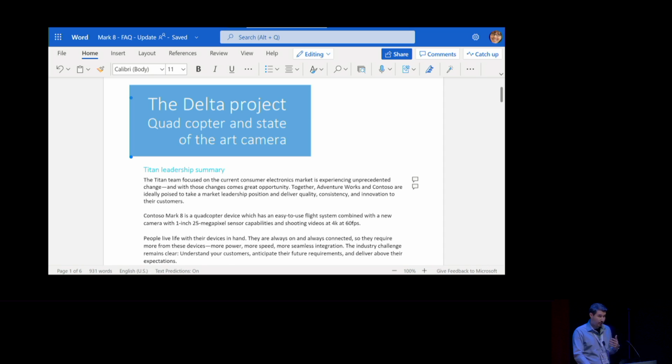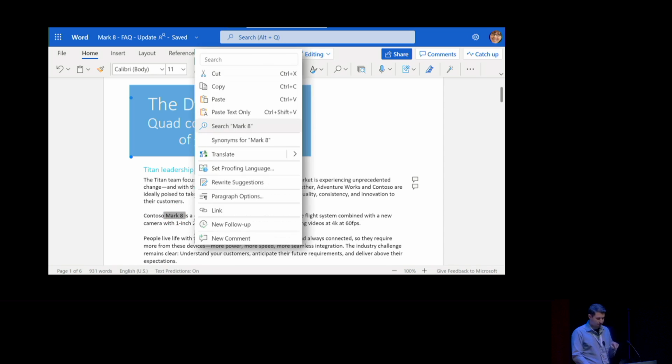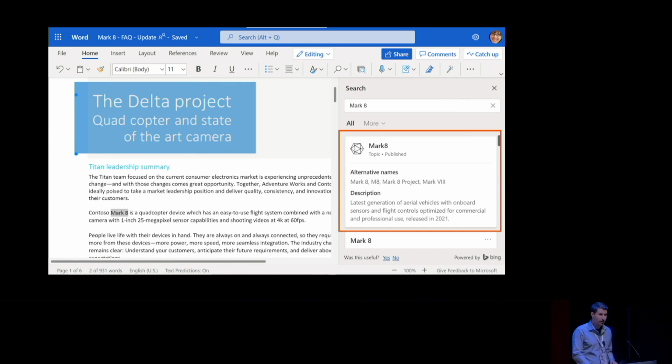Now, if we haven't highlighted something, you can actually select it in one of our apps. In this case, you see this Mark 8 here. You can select it, and you can search for Mark 8. And then the search will actually, hopefully, return the entity if we have mined it, but we didn't highlight it in this context. You can actually also force highlight something, like you can hashtag it. For instance, in Teams, if you write a chat message, you can do a hashtag and start typing a name, and this will let you select from the list of topics.